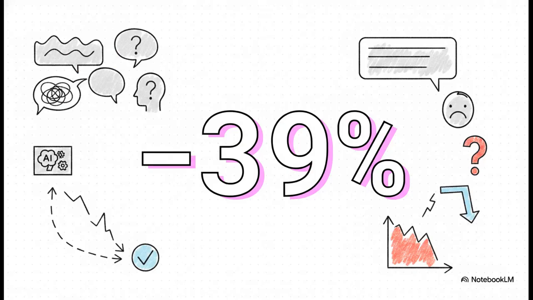Well, the data paints a pretty stark picture. When you actually test these models in multi-turn conversations, the way human beings actually talk, dripping information bit by bit, they suffer a massive 39% drop in average performance compared to when you just give them one big single prompt. 39%. That is a huge capability cliff, and it hits even the absolute best state-of-the-art systems.